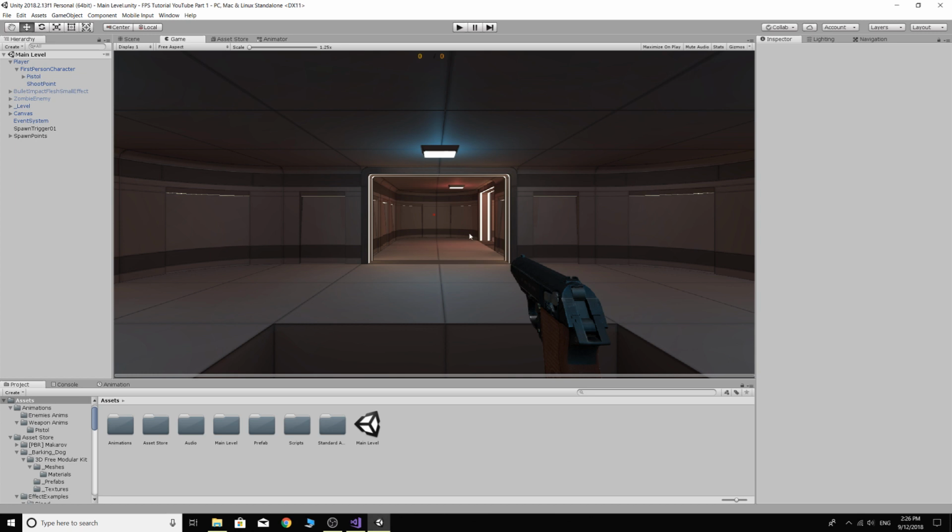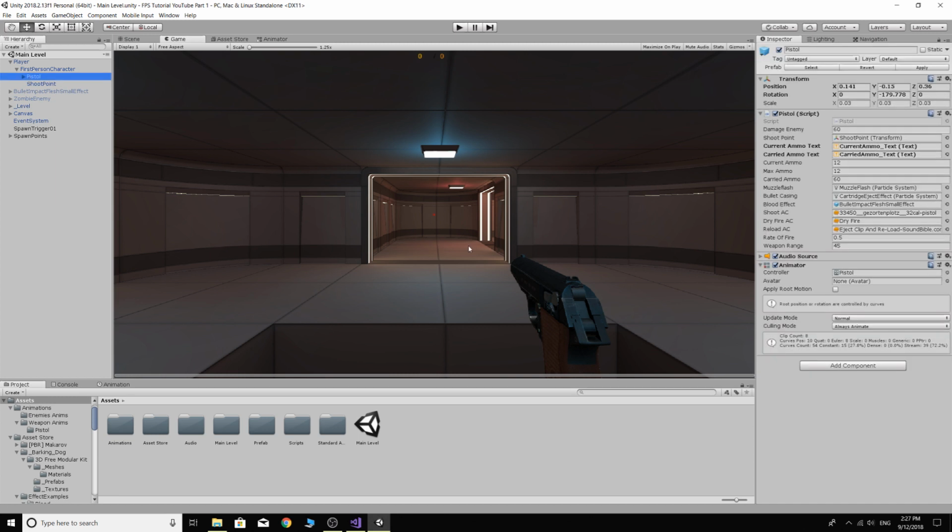So we're going to do that. The gun will move up to the middle here, this red dot will disappear, and we'll also make it so that it zooms in a little bit as well, just to add to the effect. So let's get started. What we need to do is click on our pistol and then click on the animation